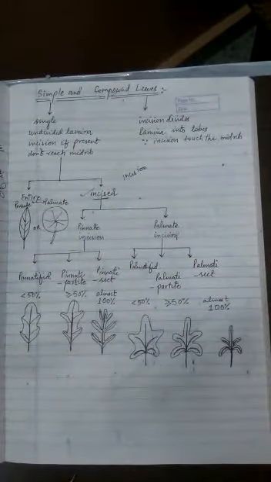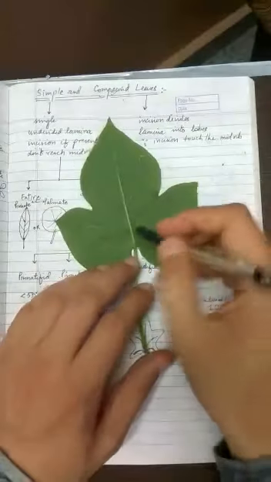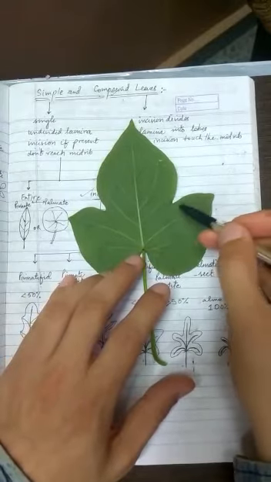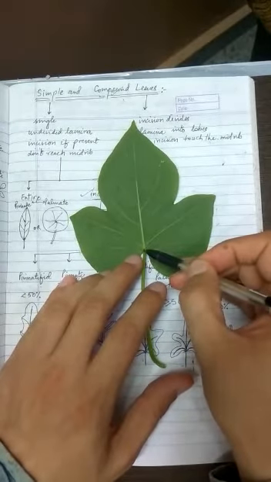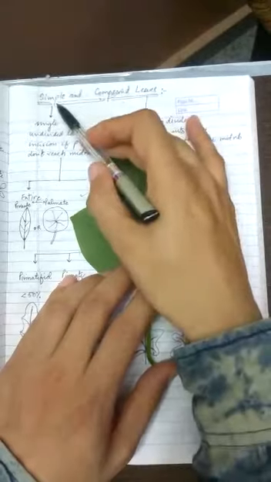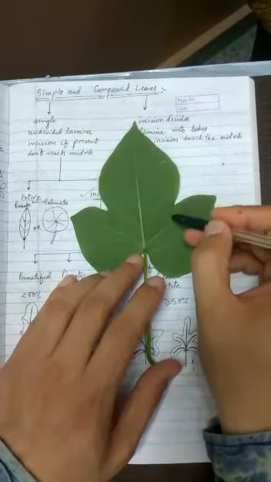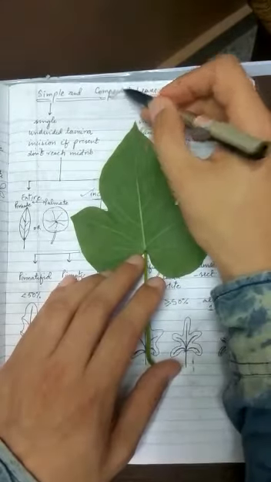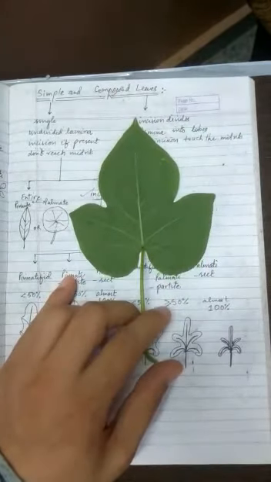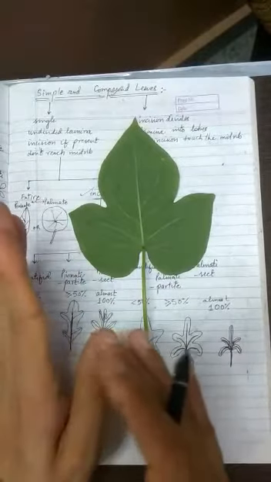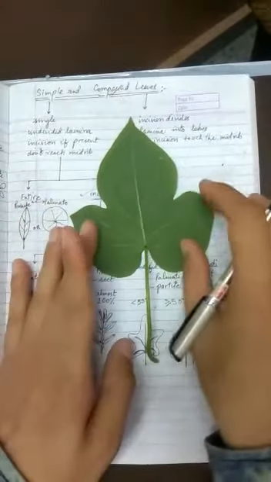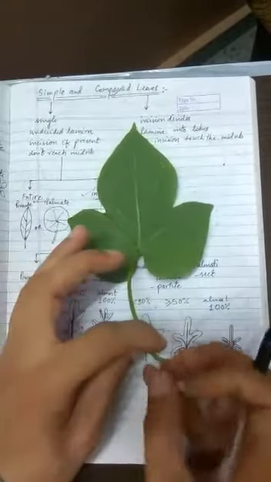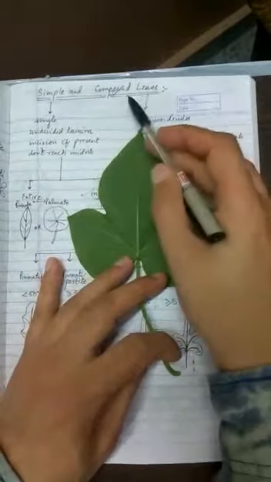Now in this case, the point of origin of the vein is this. So if these incisions do not touch the main point, it would be called a simple leaf. But the moment these incisions grow deep inside and touch this main point, you will start calling this leaf a compound leaf. Do you remember a few days back I showed you a leaf which had a similar shape, but the cut was present here, and I showed you a swollen bottom also. So that was a compound leaf.